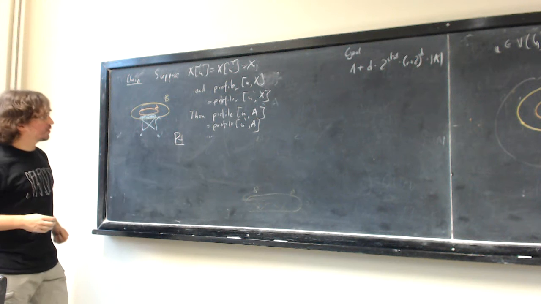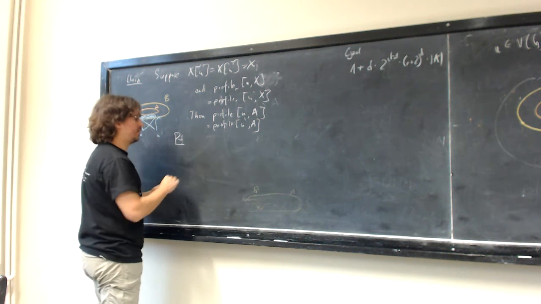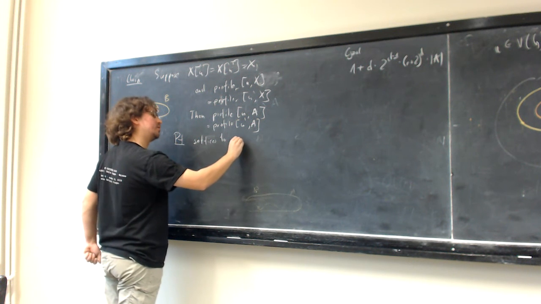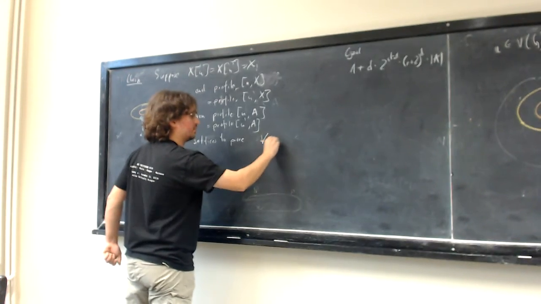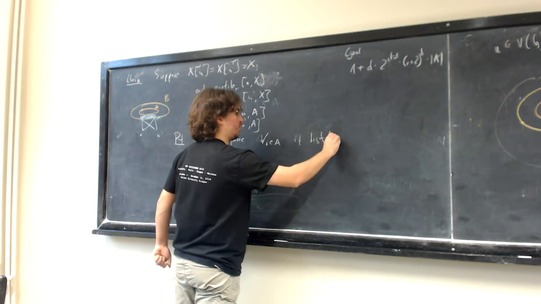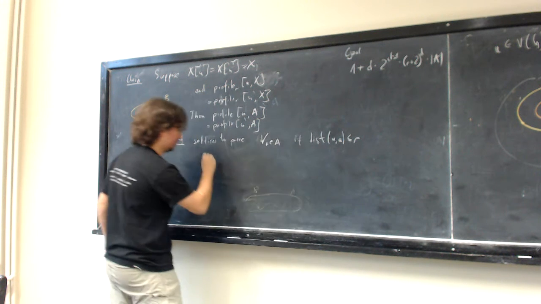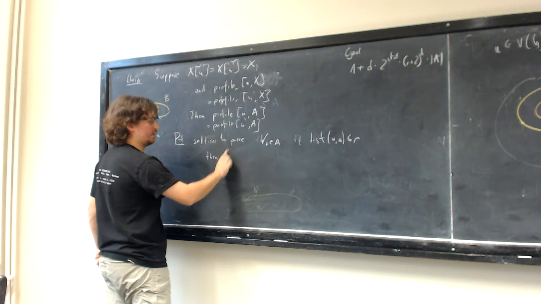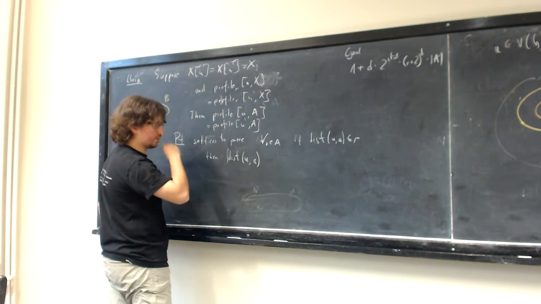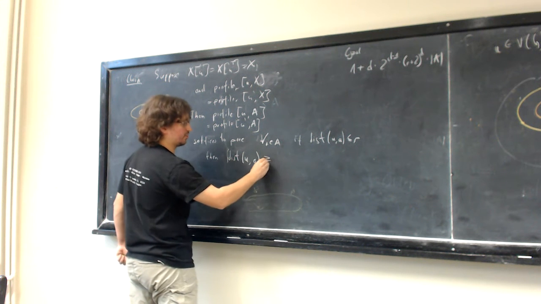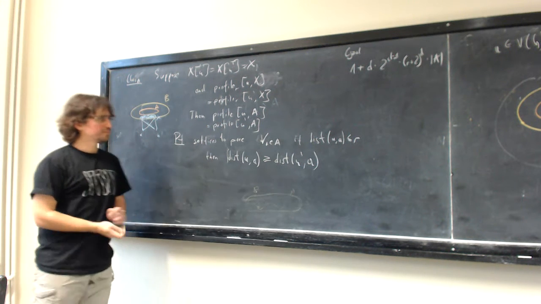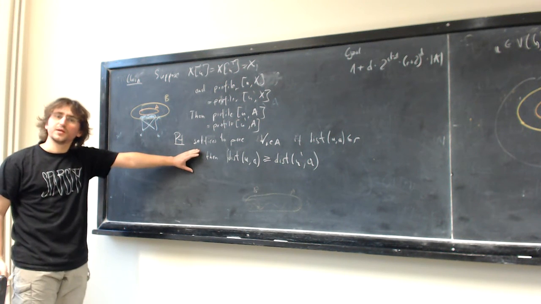Yeah? So what I need to prove suffices to prove that for every A, if the distance between U and A is at most R, then the distance between U and A is, say, larger or equal than the distance between U prime and A. It suffices to prove this statement, right? Because